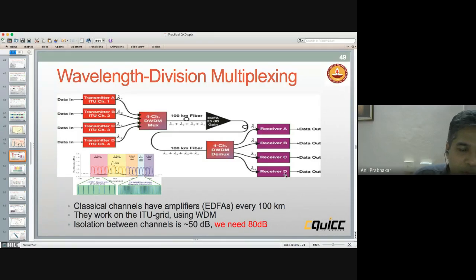Now, if you want to do quantum communications on this link, you can do it by sacrificing some of these channels. So these channels are on what is called an ITU grid, and there are about 40 of them around 1550. So what we are going to do is carve out a set of channels out here, let us say about 4 channels, and use one of them for doing quantum communications. However, this erbium-doped fiber amplifier is going to be a problem, so you have to bypass that using what is known as a drop and then an add. So you bypass the erbium-doped fiber amplifier and then go to longer distances, right? So that is the plan for us to build